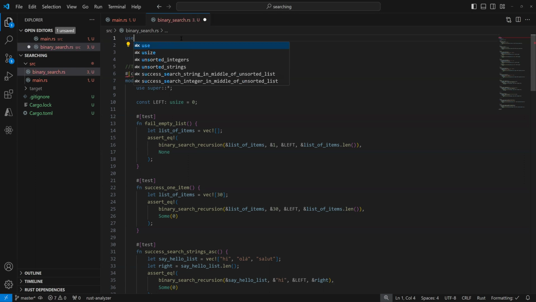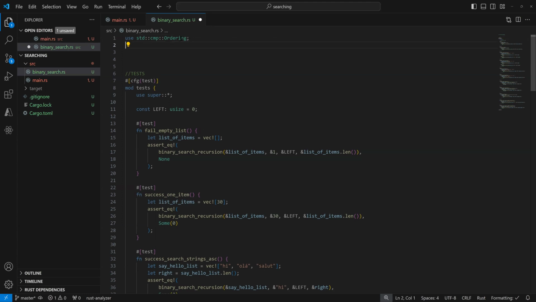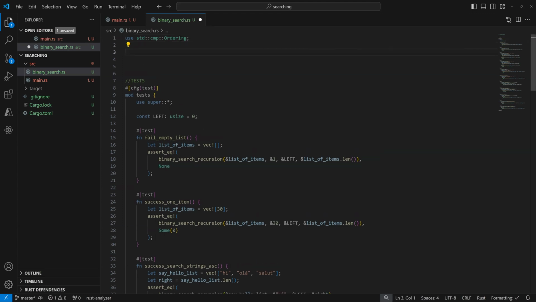To do this, let's write use std::cmp::Ordering. And this will help us compare those values. So next, we